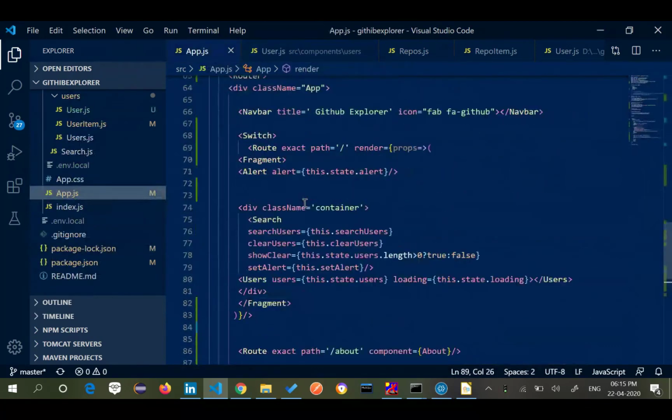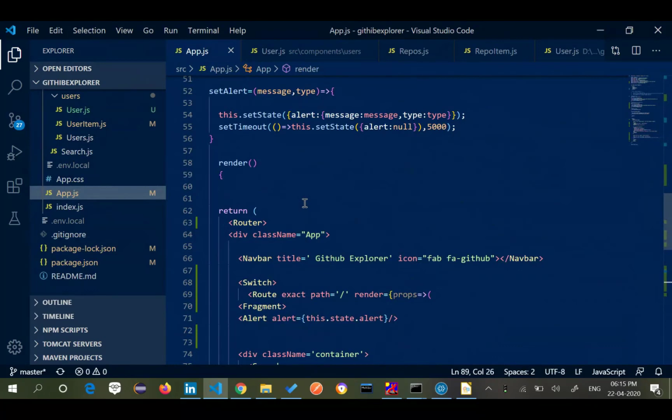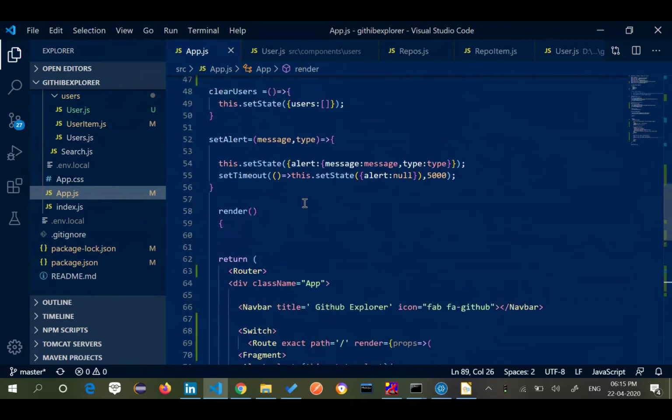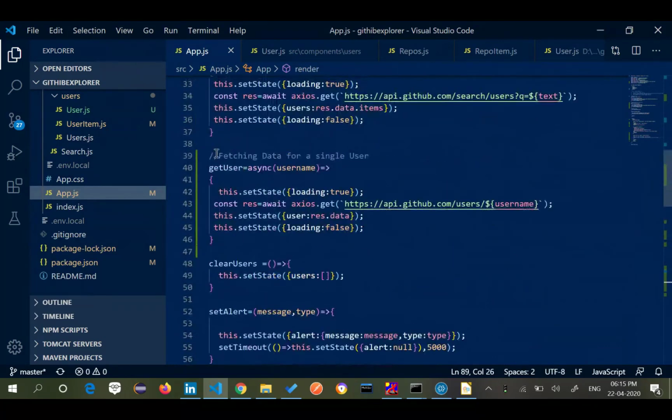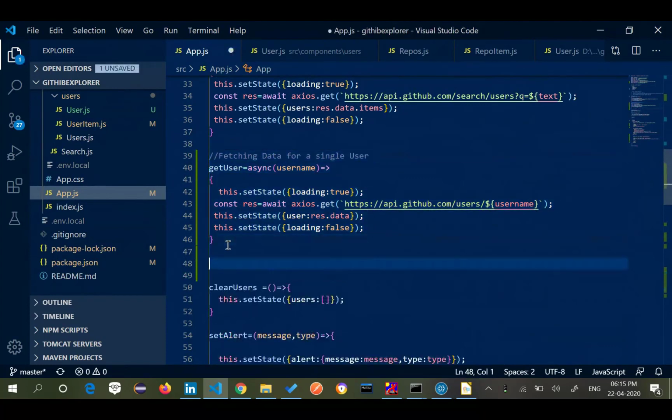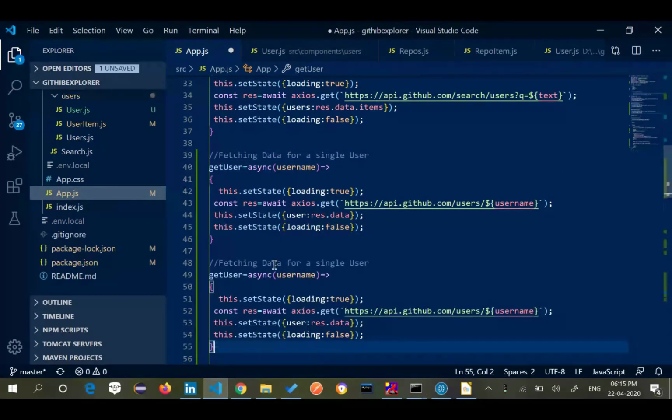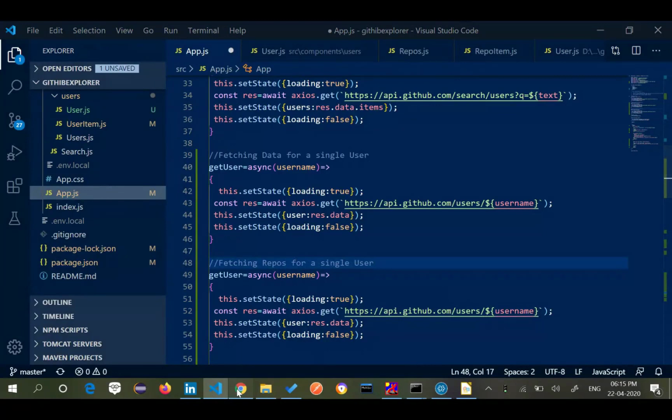What I will need to do here is create a method again, and I am not going to explain this part much, because I am fetching the repos for a single user. So you pass the single user, and what is the URL now?